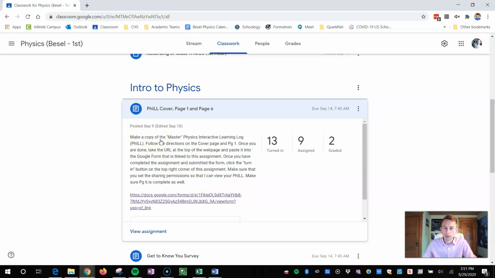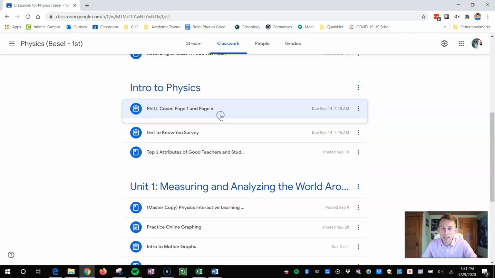So you should have your own copy of the PhILL. There's really two parts to this. One, creating your PhILL, and then two, once you have your own PhILL created, you have to add in new pages as we go throughout the semester. And then these assignments within